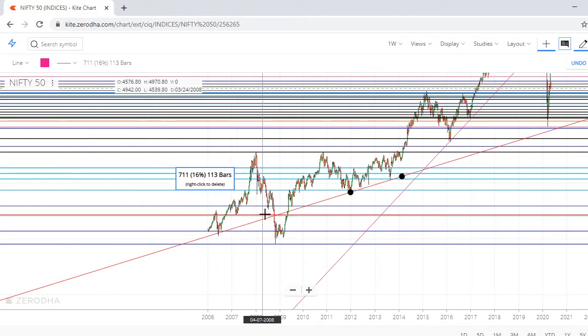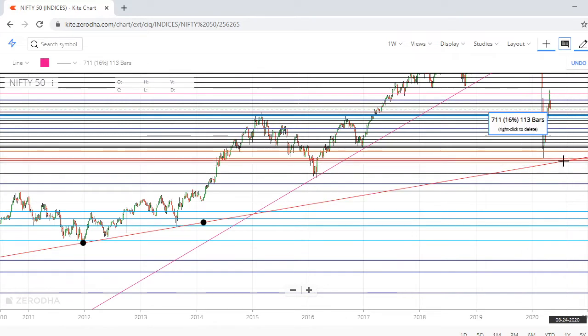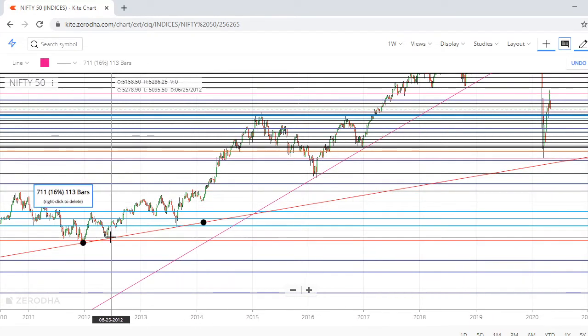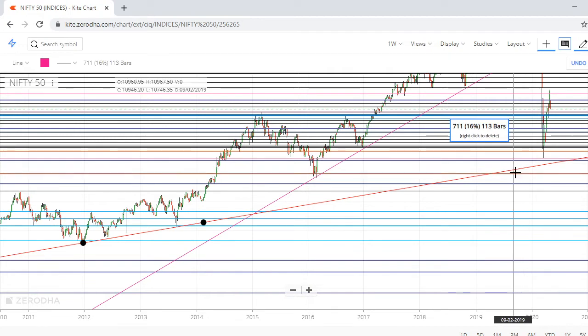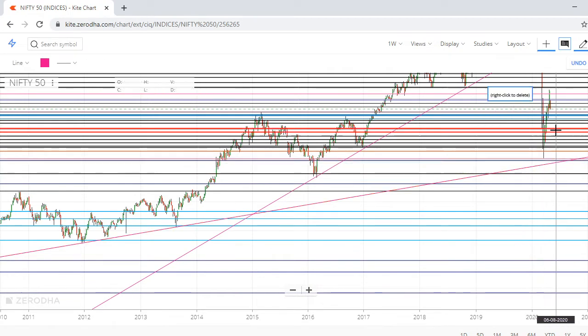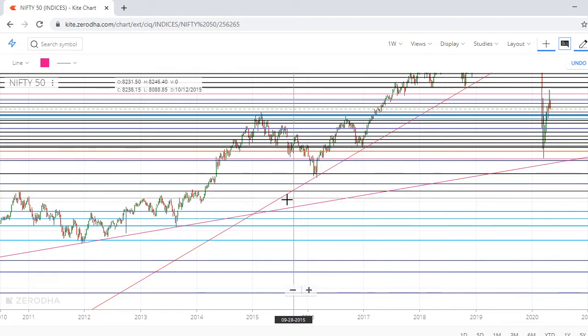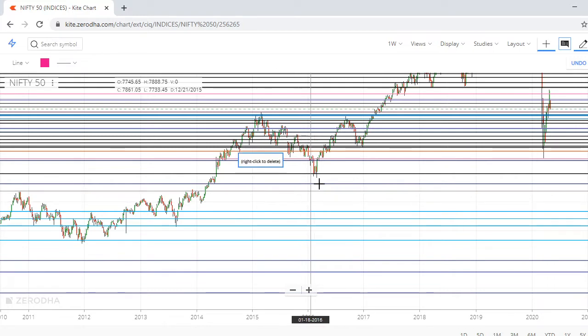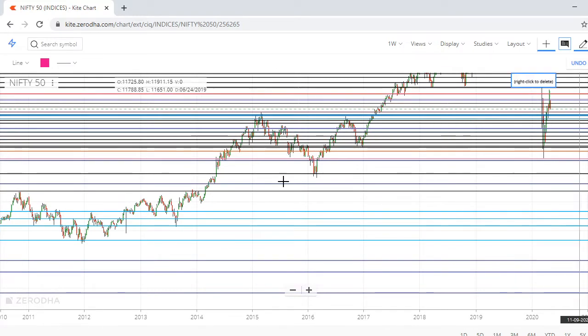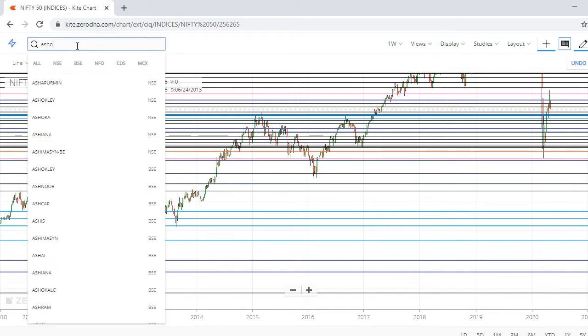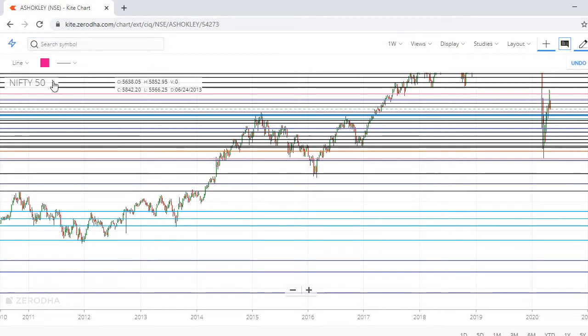Now see why the stock is troubling now to break this 7500 level. Can you see this weekly chart? It's almost coming close to 7500. That's how it is giving the support. Don't try to convince yourself by drawing some lines. Draw the line, and according to that read the chart. There may be people who know the stock is here, that's why they pull some lines and say, sir, there is a channel line, there is a trend line. No, it is not the case. First you draw the line and according to that read the chart.